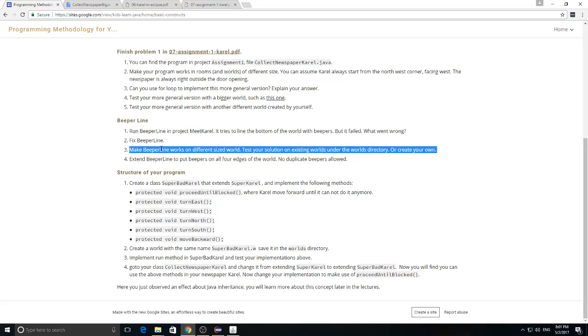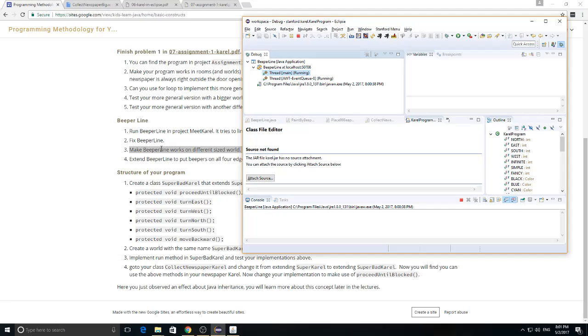Make beeper line work on different sides of the world. Test your solution on existing worlds in the world directory of Karel. Okay, let's try to do that. Do you think it should work? Yes. Why? Because